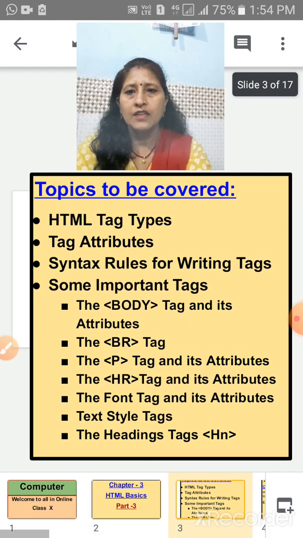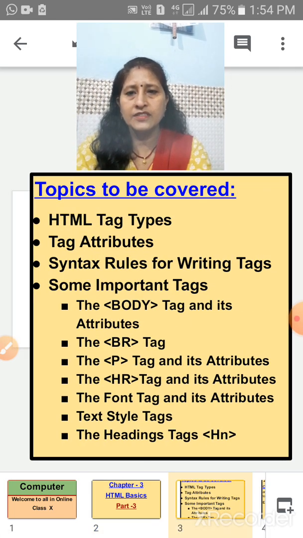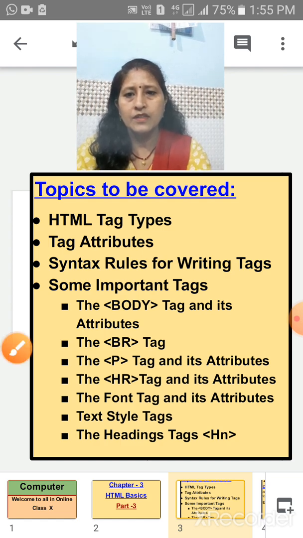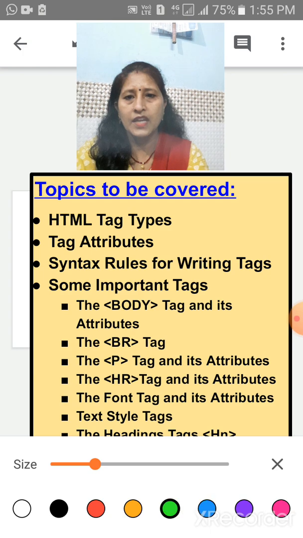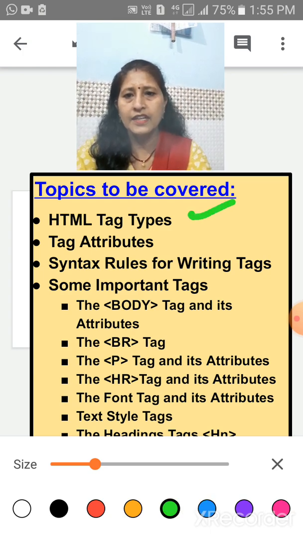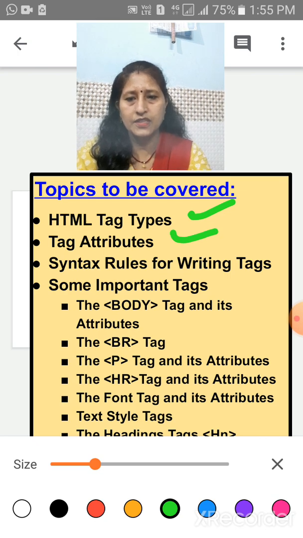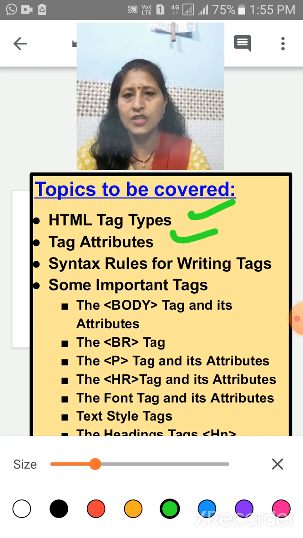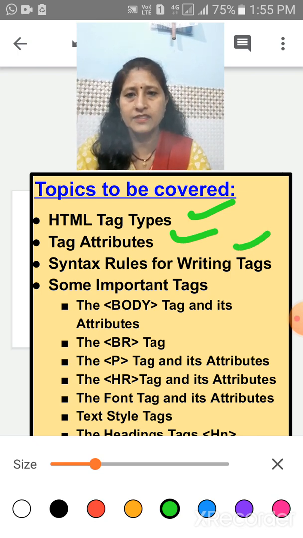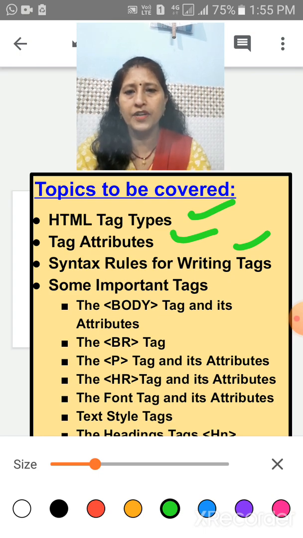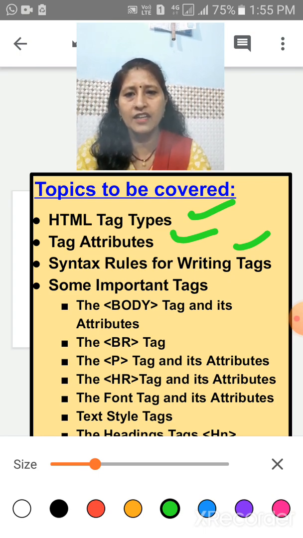Children, we will discuss the following topics. First of all, HTML tag types. Next is tag attributes. Next is syntax rule for writing tags. Next is some important tags. These are body tag and its attributes.